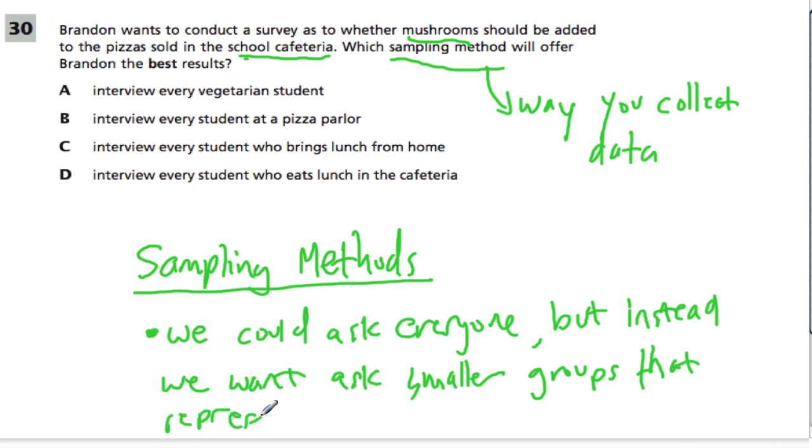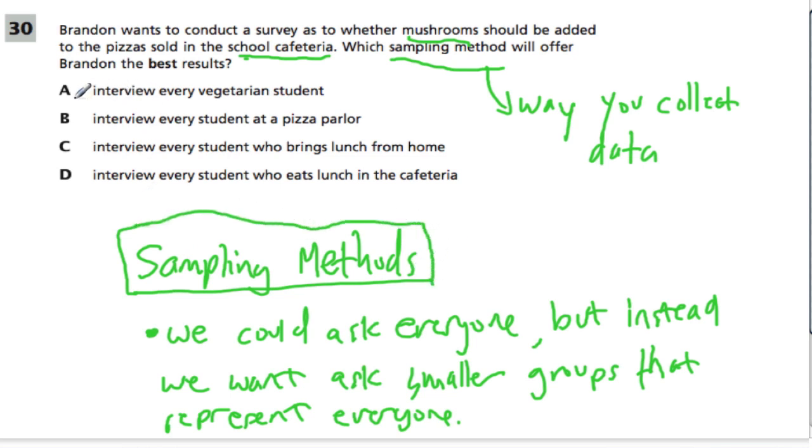It's kind of like a small republic. So can you pick the smallest group possible that'll give you the most accurate answer? It'll never be 100% accurate, but there are ways to pick smaller groups that represent everybody in a somewhat accurate